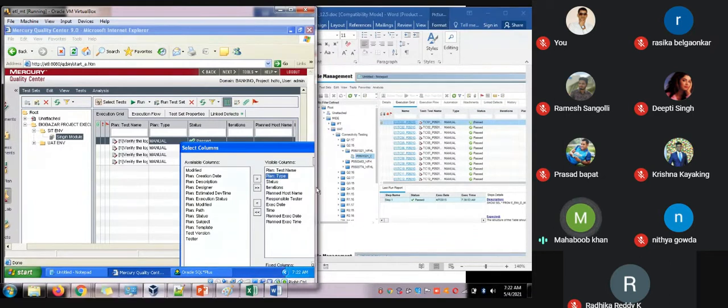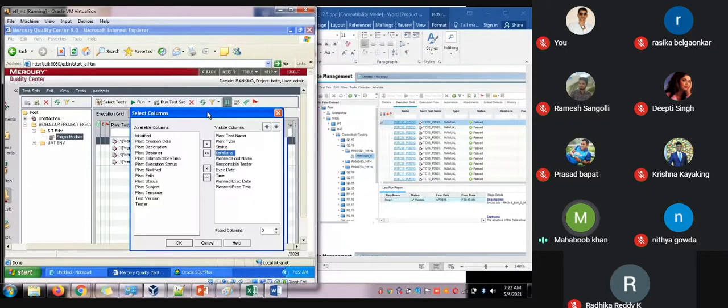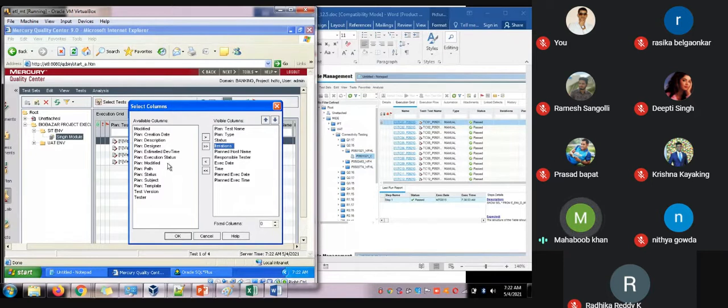Yes, status. Yes, duration. Yes, the same thing. If you want to know who has tested this, you can create this. Who has tested, keep this. You can keep the tester name also here, and you can add project. That's where you can make it out.